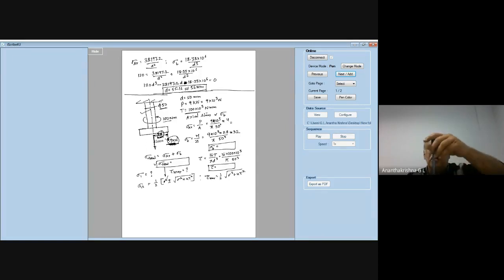And also the 9 kilonewton will act as the load, which will induce axial stress and bending stress in the shaft. So we are interested in the shaft. This is a circular cross section, not a T cross section. And this 9 kilonewton, since it is acting away from the axis, we need to consider it as if it is acting along the axis. So that will induce axial stress, and because of eccentricity, there is going to be bending stress on the member. So therefore, we have both axial stress and bending stress in the shaft.